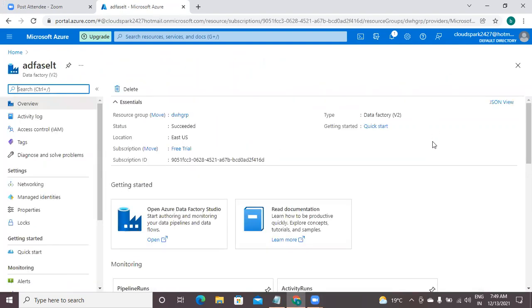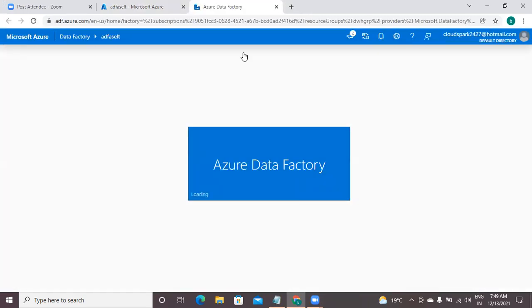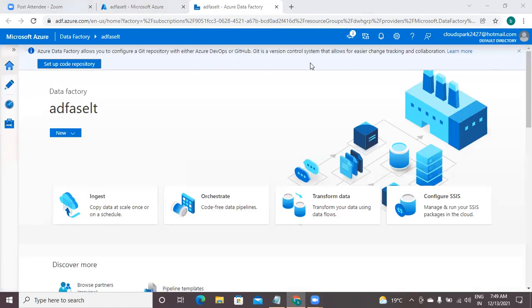I'm starting the ADF instance. Already we have linked services and datasets ready.